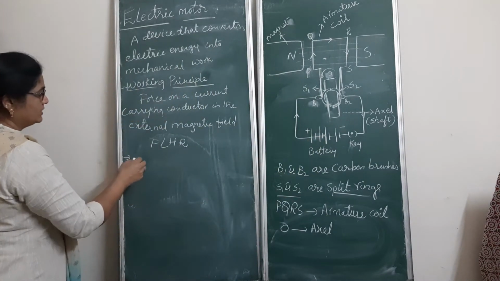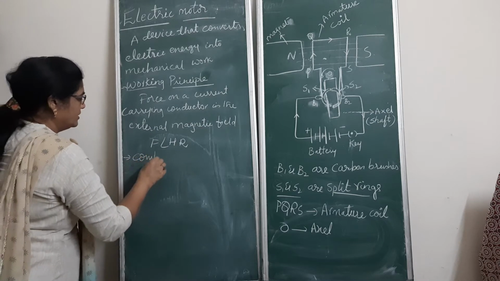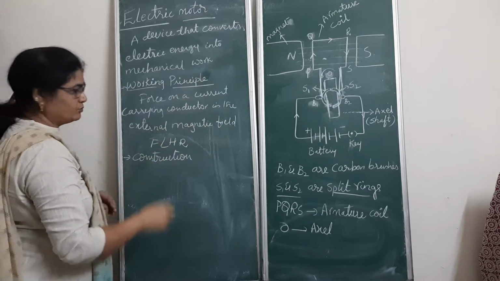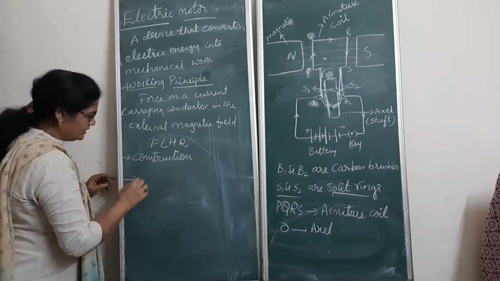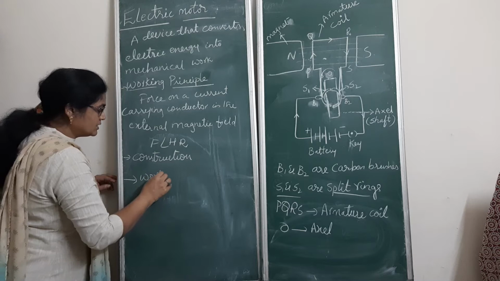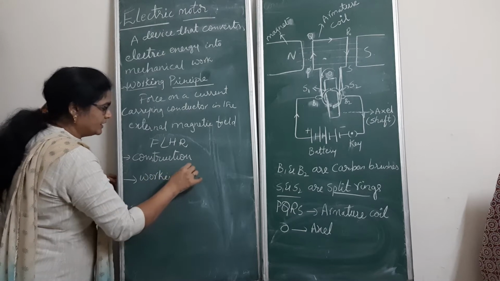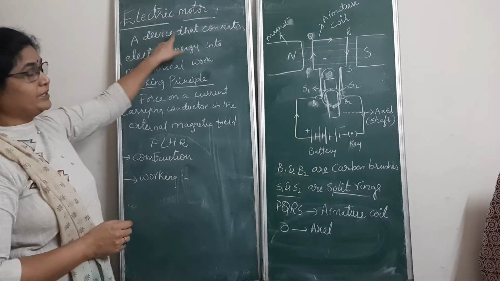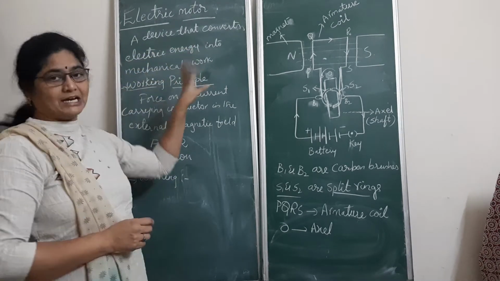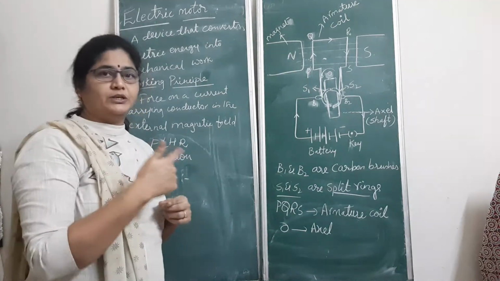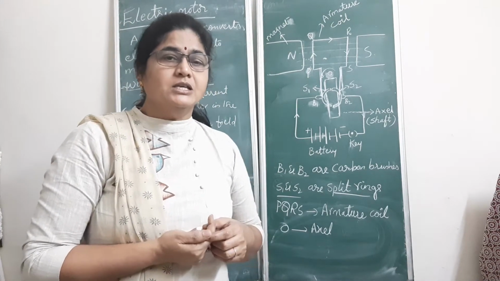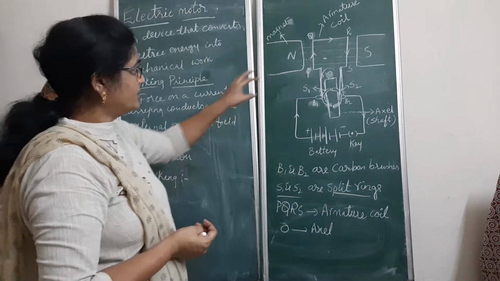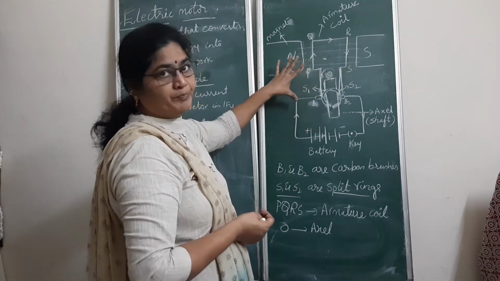Now after understanding the construction of this electric motor, in the sense we learned about various parts of the electric motor and how they work, later we need to know the overall working of the electric motor. I told you it has to convert electrical energy into mechanical work, so it has to give us a rotation effect. Let us understand how it provides that rotation effect. First, carefully observe this figure.